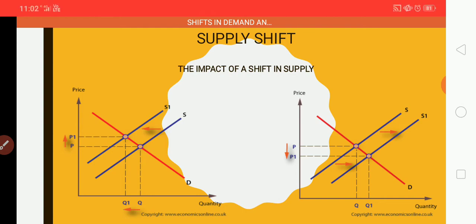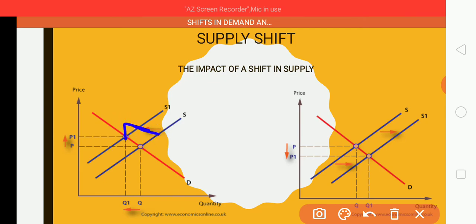Here you have to notice that the direction of change in price and quantity are opposite whenever there is a shift in the supply curve, either leftward or rightward. Let us consider the situation with all other things remaining constant. We have many factors determining supply, but here we have taken only the increase in the price of inputs and technological progress.